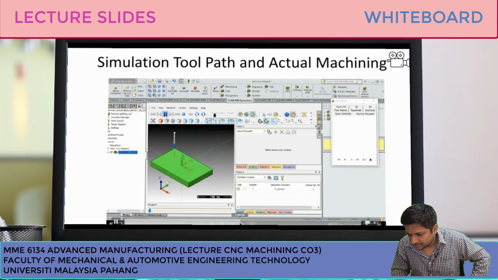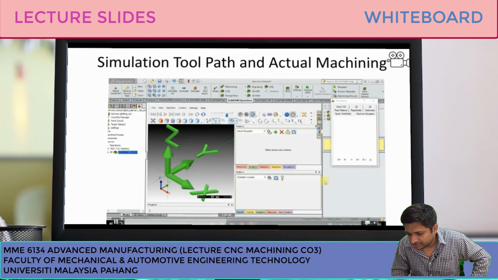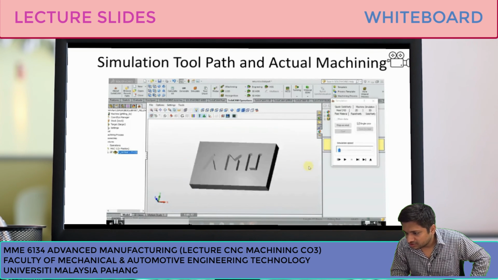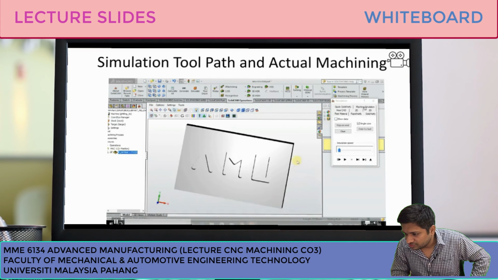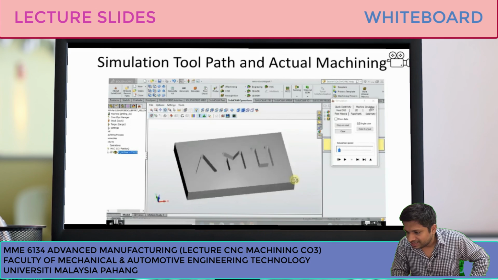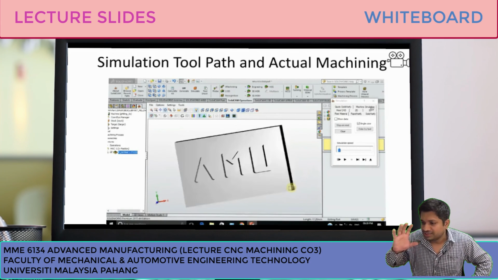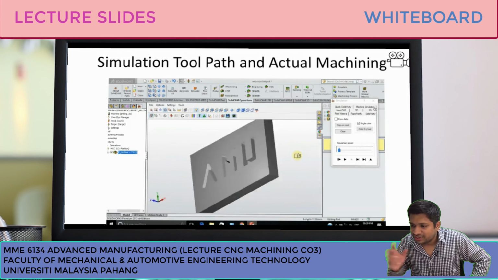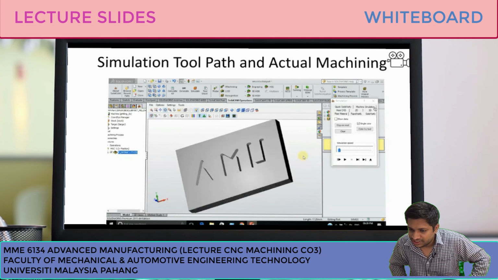After doing the tool simulation, he is going to perform machining simulation. I think he went to machine simulation here. He will go here in the machine simulation and he will see the exact machining that will happen. This can be simulated with the help of modern software such as SolidWorks.